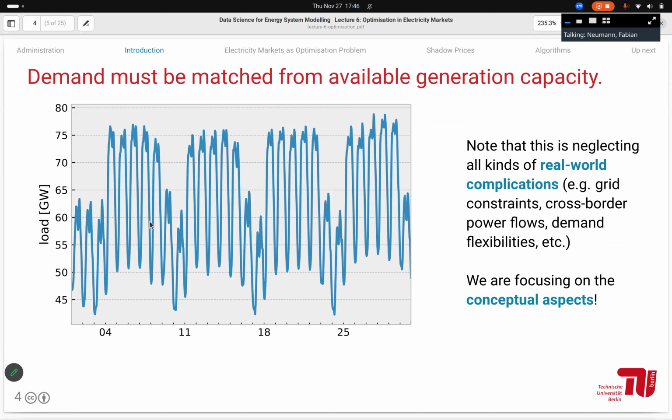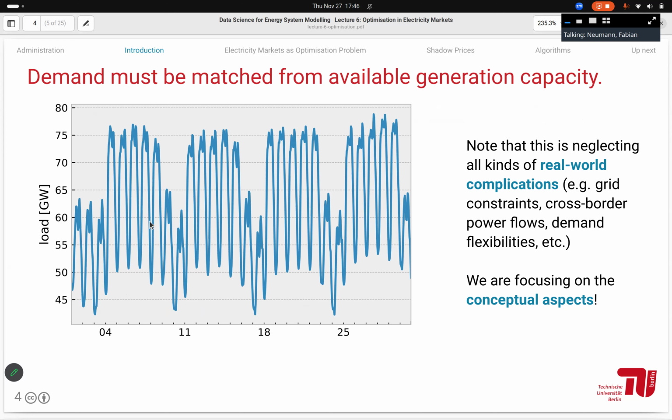And of course, we're starting with a conceptual view, so we're neglecting all kinds of real-world complications, such as cross-border power flows between different market zones, demand flexibilities, and grid constraints. So we really just look at an isolated German system, perfect transmission in the system without any losses, and exogenously given demands. So if we do that, one way to decide which power plants should be operating, well, you would probably agree we should start with the cheapest ones